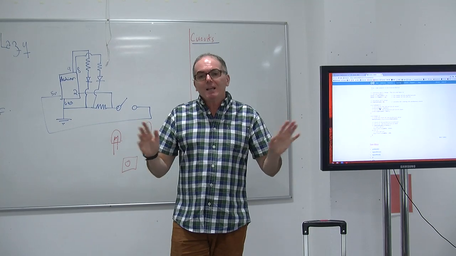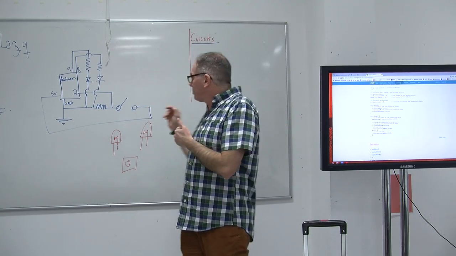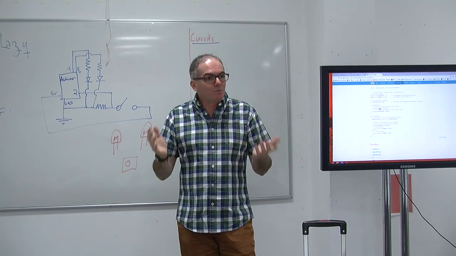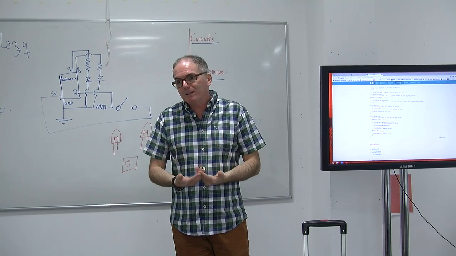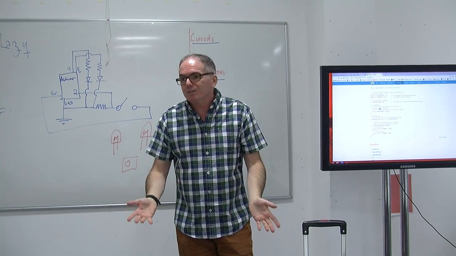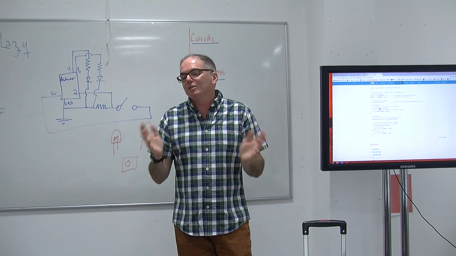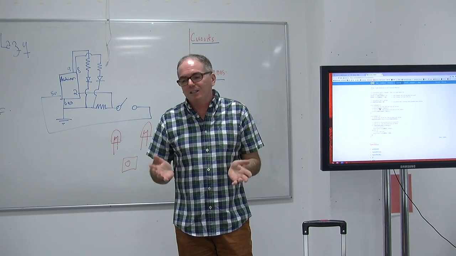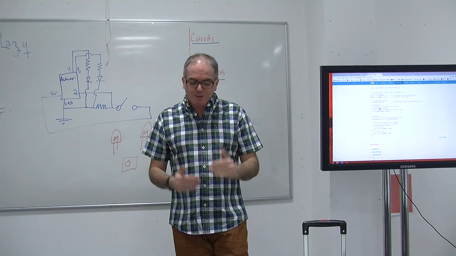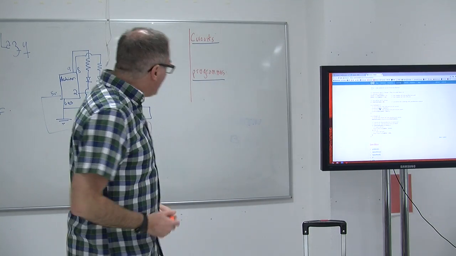Think. If you do, with these simple exercises, you can get away with it. But when you go into more complicated projects, if you just start programming and you just start building your circuit, you're going to make mistakes, and then it's going to be a nightmare to debug, and it's going to be a nightmare to fix. So think first. So, in terms of the